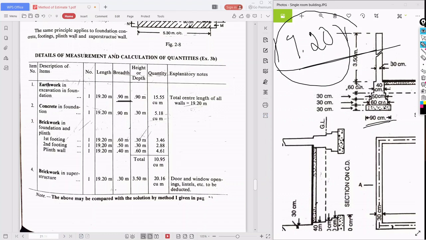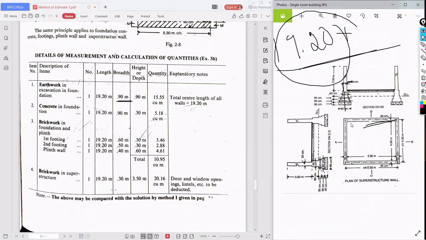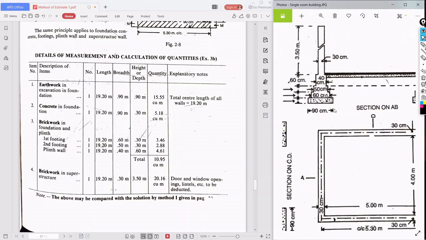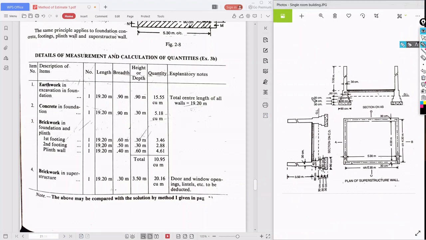This is the ground level. 30 plus 30 plus 30, what is 90? So up to this the trench should be there. So breadth is 90, height is 90. So the quantity is 15.55 cubic meter.